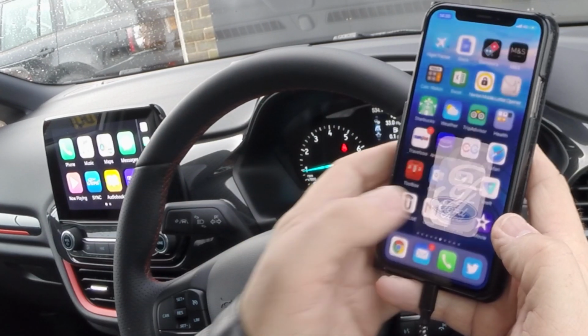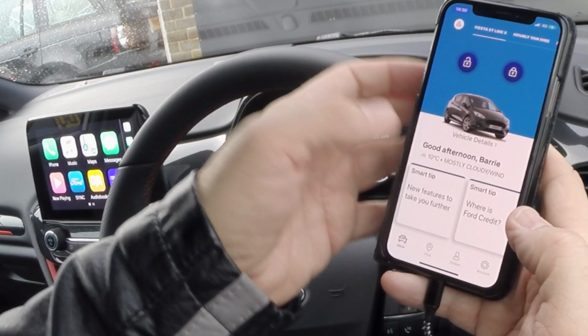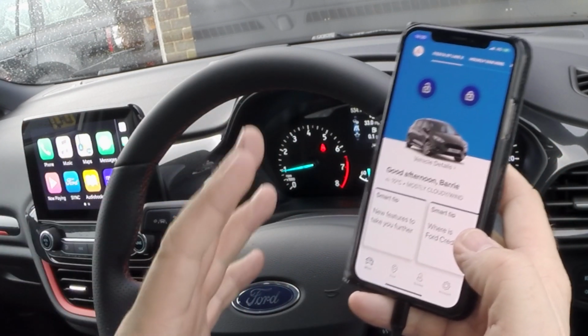The Ford Pass. Safety check. I'm not driving. So good afternoon, Barry. From there, if you've got the car, you download the app, you put the chassis number